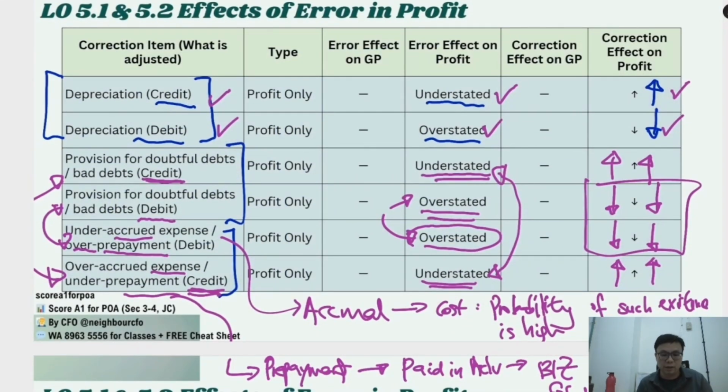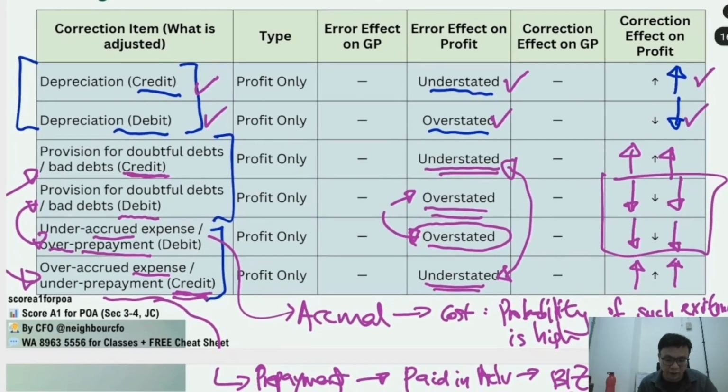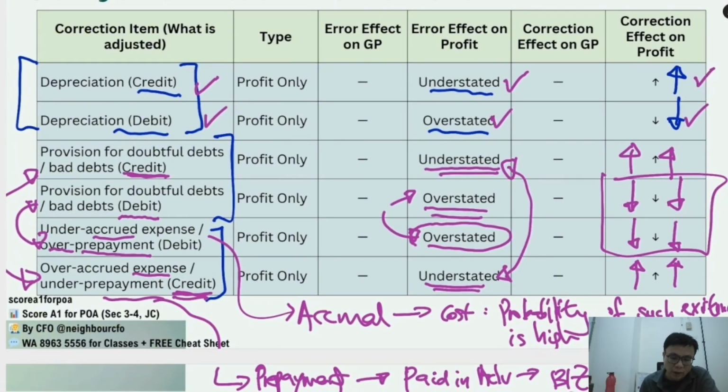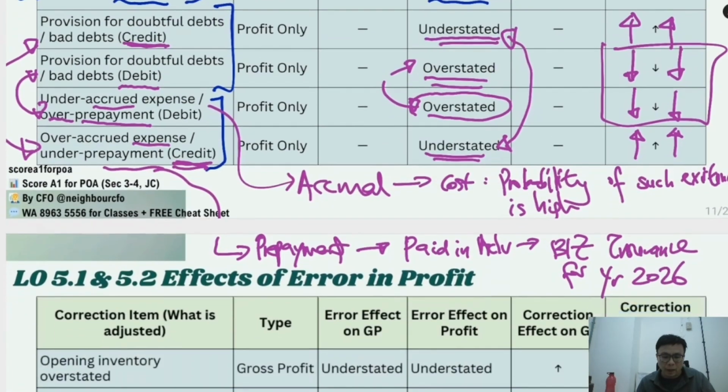So once again, you can see over here the illustration that I had earlier on, whereby we debit the over prepaid amount of $50, and therefore the error effect on the profit, which is overstated now, would have been reduced by $50. So vice versa, the flip side of it is, if the expense is under prepaid, this is where we do a credit, and when we do that, the initial error of understated profit will now increase. So with that in mind, now let us go